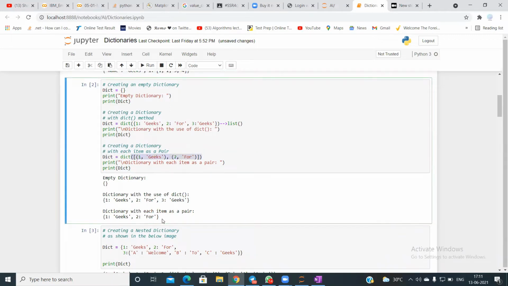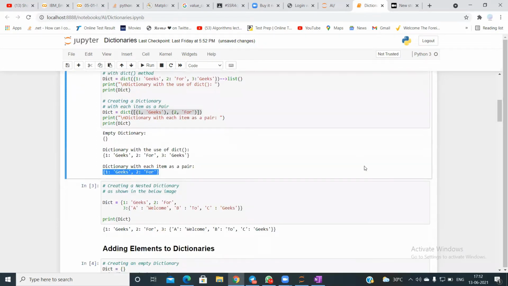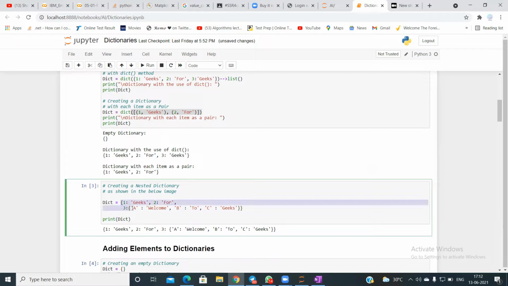Then you can also create a dictionary. And there is another way of creating a dictionary, that is, you can have a dictionary within a dictionary, which is nothing but a nested one. So this is how you create a nested dictionary.